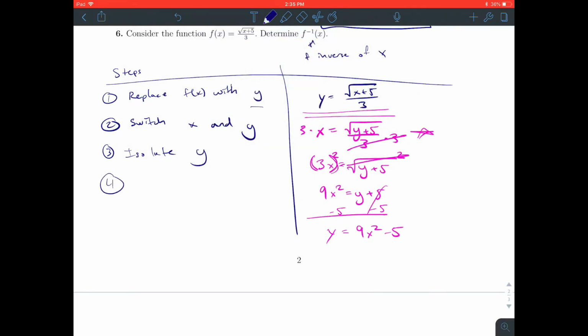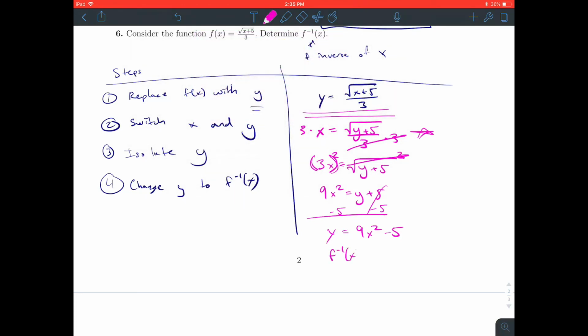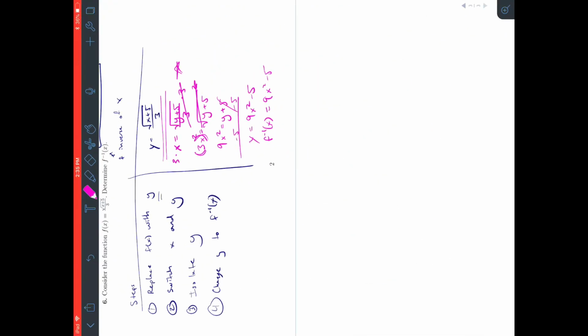The final step, in order to find the inverse, is we made up this variable y, so we need to change y to f inverse of x. So the final answer for our problem, just a change of notation, f inverse of x is equal to 9x squared minus 5. I know that sometimes it cuts off the end of my videos, so now